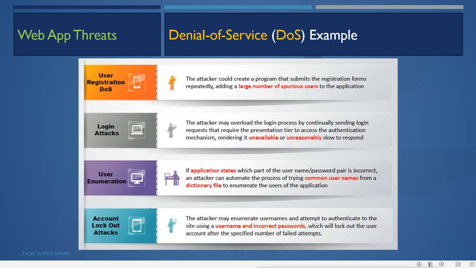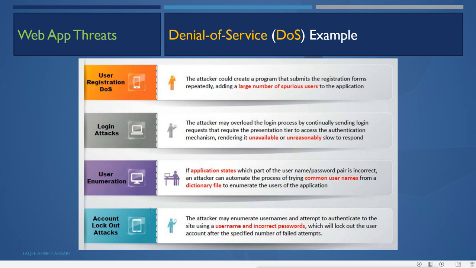Login attacks. In this, the attacker may overload the login process by continually sending login requests that require the presentation tier to access the authentication mechanism, rendering it unavailable or unreasonably slow to respond. That means the attacker will try to send different usernames and different passwords, whether they exist or not.